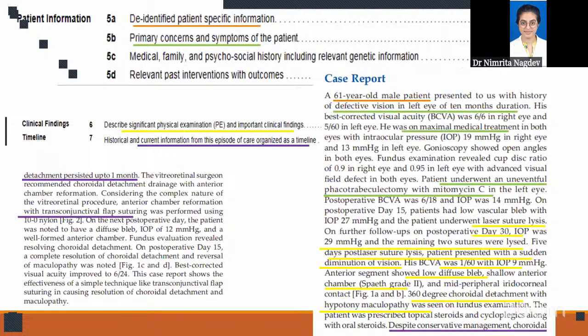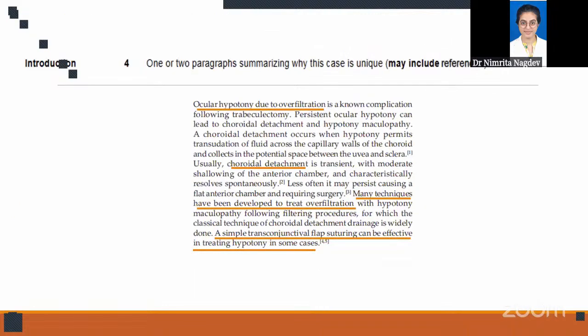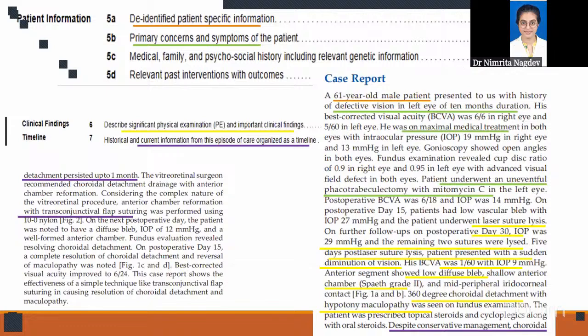Then coming to the introduction, as this case report was on ocular hypertony and choroidal detachment following laser suture lysis, we can start writing with these words and quote the various references. Then patient information: you should specify the patient details, and then describe the various symptoms of the patient's presentation, what the clinical findings were, and how it was managed